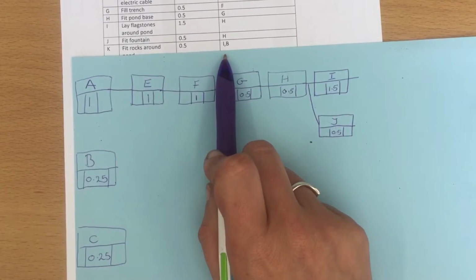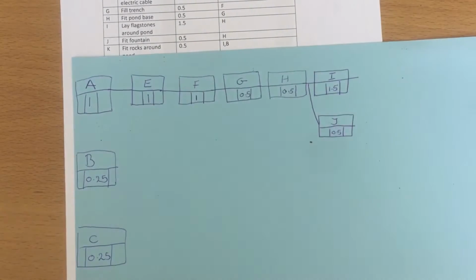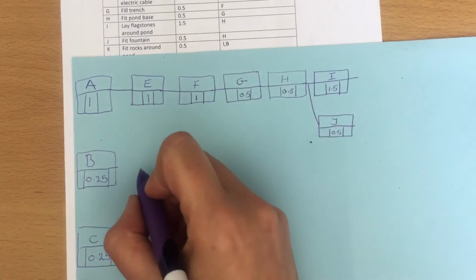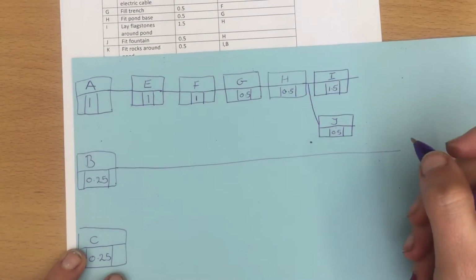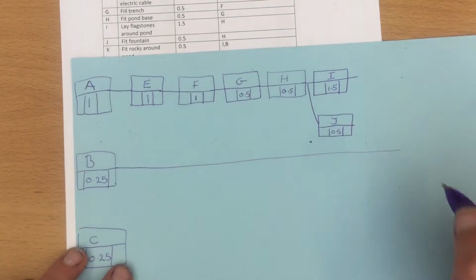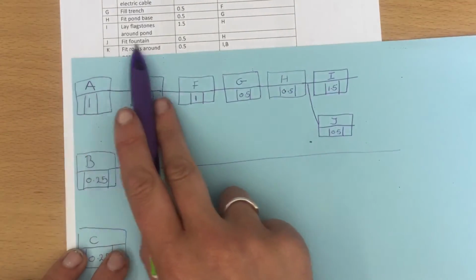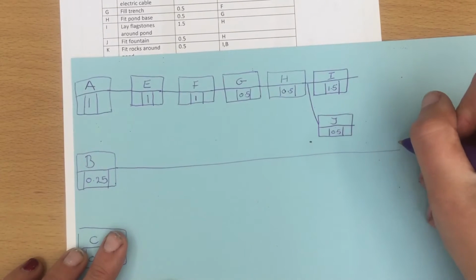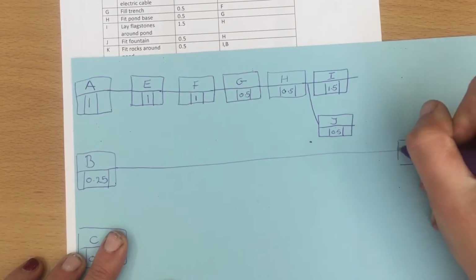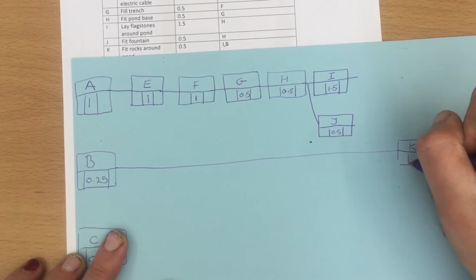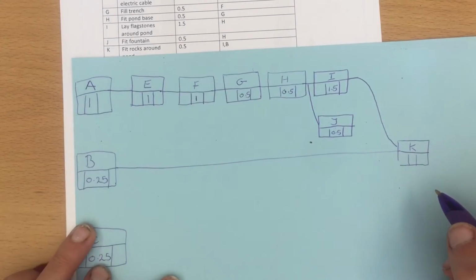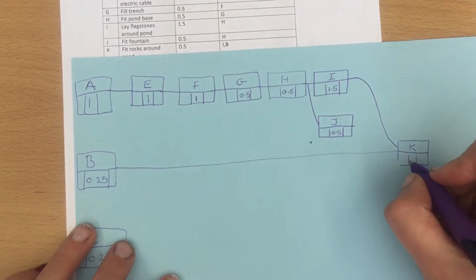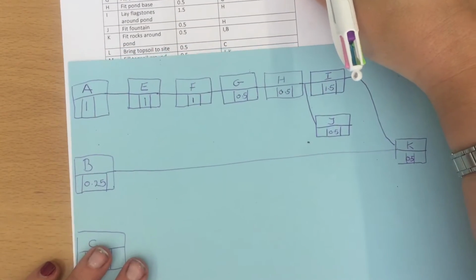K comes out from I and from B, so I has to wait, so where are we? K has to come out from B and I, and K is 0.5. L